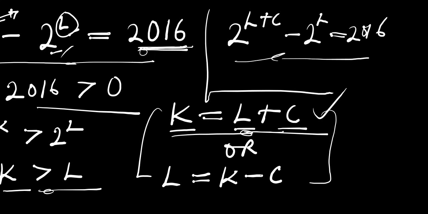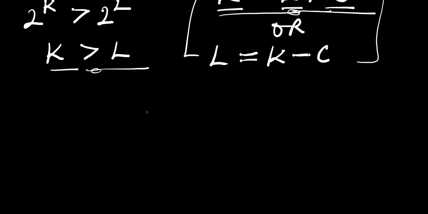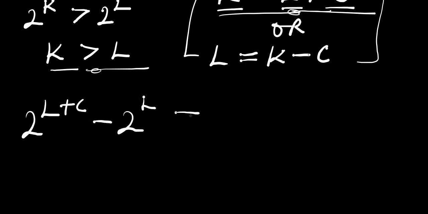So this will become our new equation. So let's go ahead and work with that. I'll copy it down here. We have 2 to the power of L plus c, then minus 2 to the power of L. This equals